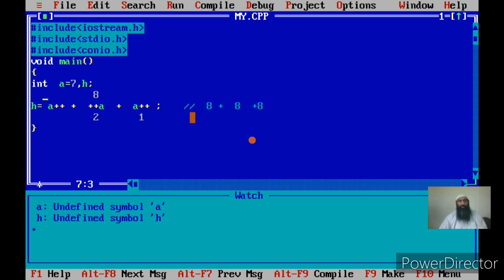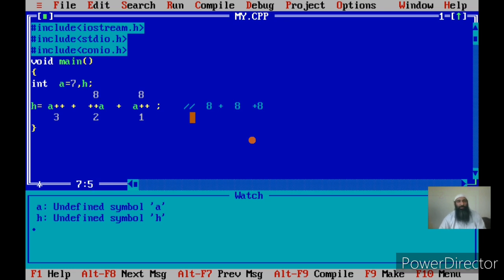Now the next operation, that is the third incrementation, cannot be done. It is to be done after the evaluation of the arithmetic expression or after the assignment of value to h. This is one and the same thing, because the value will be assigned to h only after the arithmetic expression on the RHS side has been evaluated. What is important here is that the value of a has been changed to 8. So this value 8 will be used at 3 places because it is the same variable. Same variable means it is the same memory location.